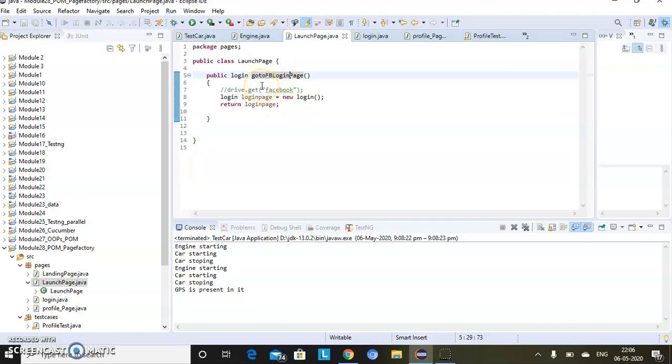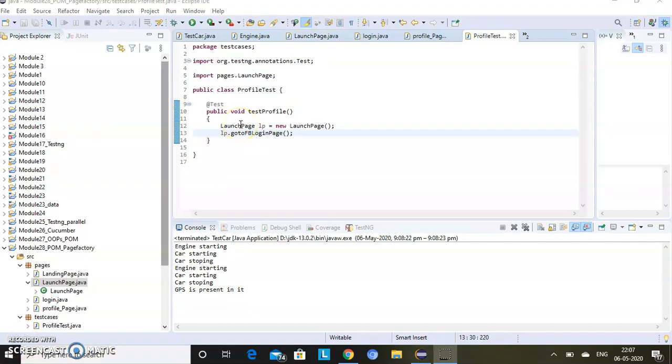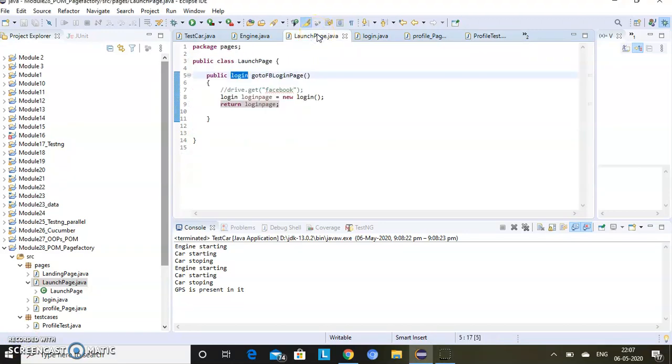As soon as you call the login launch page, it will create the object of login class, and login page will be returned. So now in the test case we will write LaunchPage lp equals new LaunchPage, and launch page will represent an empty page.